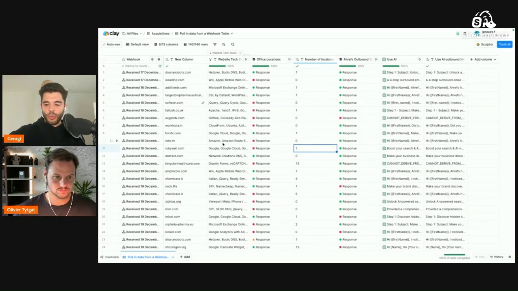But when you're understanding that this company needs to make changes, if you're an SEO vendor, you might want to understand how many office locations they have, because how many office locations they have is a direct correlation to how many markets they operate in, right?